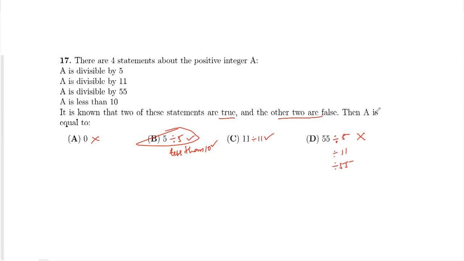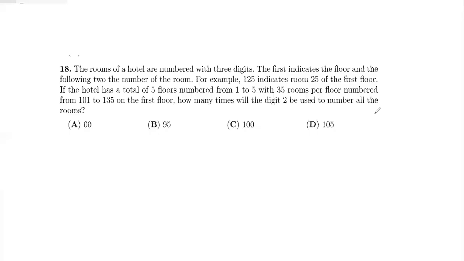Let's move on. Now let's read question number 18. The rooms of a hotel are numbered with 3 digits. The first indicates the floor and the following two the number of the room. For example, 125 indicates room 25 of the first floor. If the hotel has a total of 5 floors numbered from 1 to 5 with 35 rooms per floor, numbered from 101 to 135 on the first floor, then how many times will the digit 2 be used to